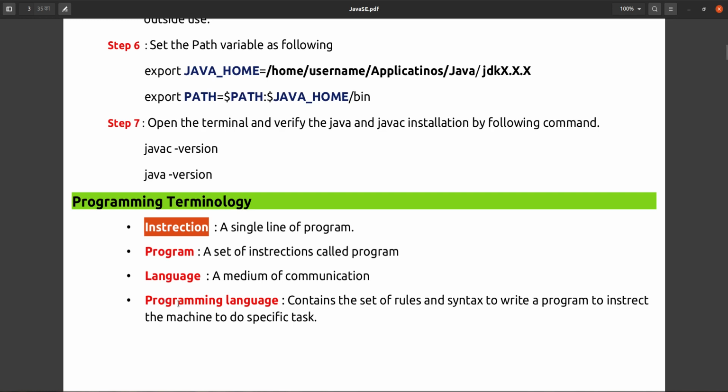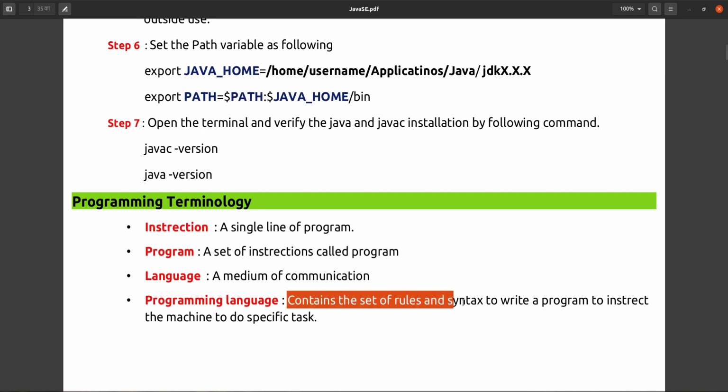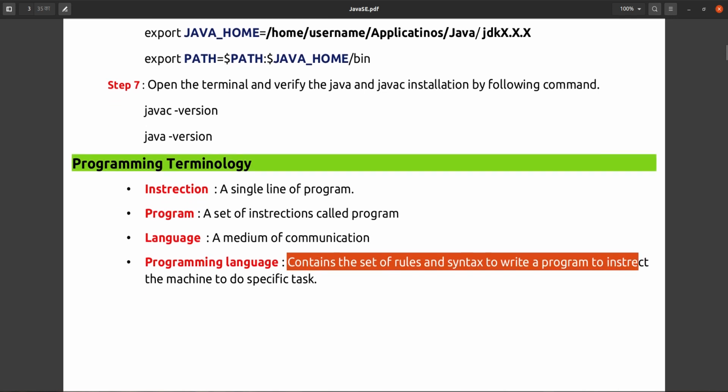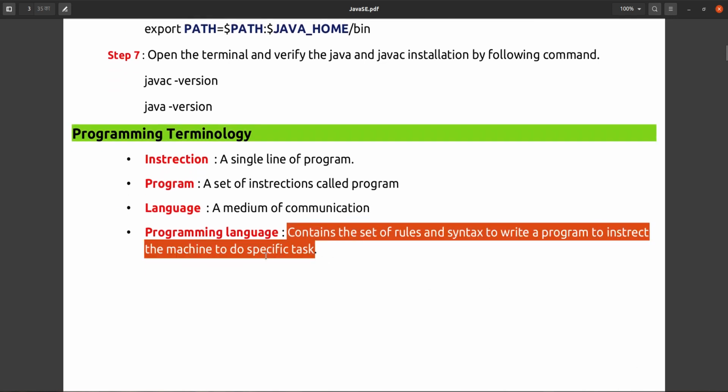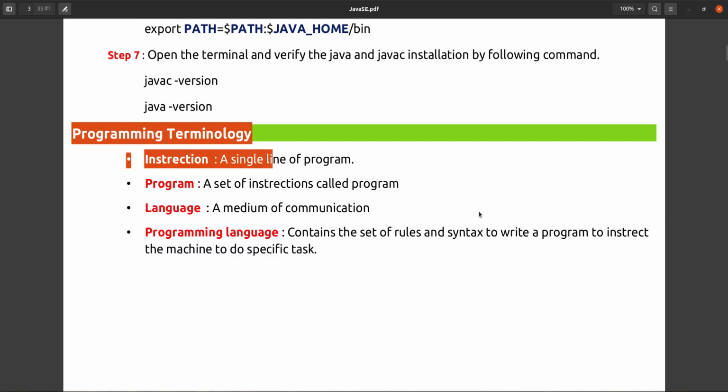So we can say that a programming language contains the set of rules and syntax to write a program to instruct the machine to do a specific task. So that is the programming terminology.